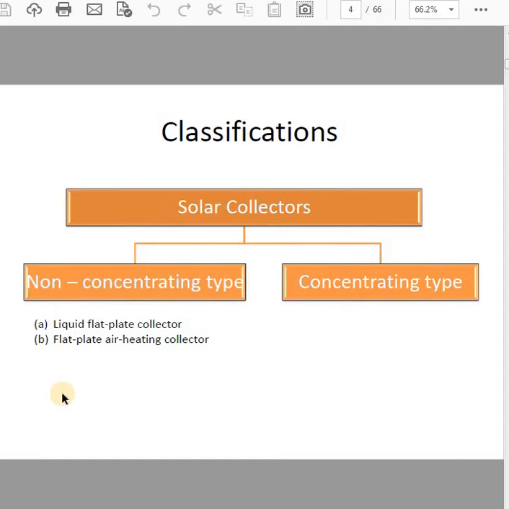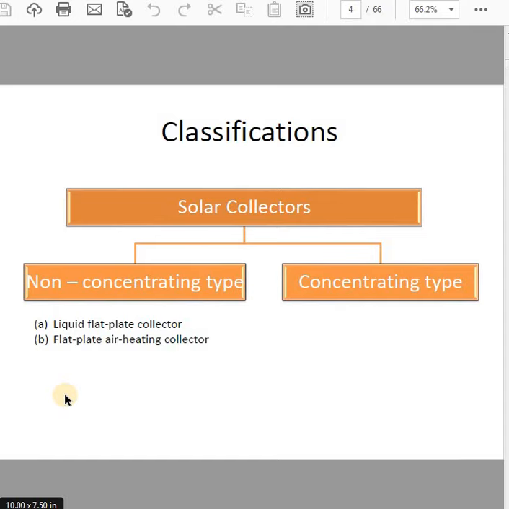Good morning, students. In the previous class, we discussed solar energy collectors, but we were only halfway done due to some technical issues. So here we will discuss solar energy collectors, which are of two types: non-concentrating type and concentrating